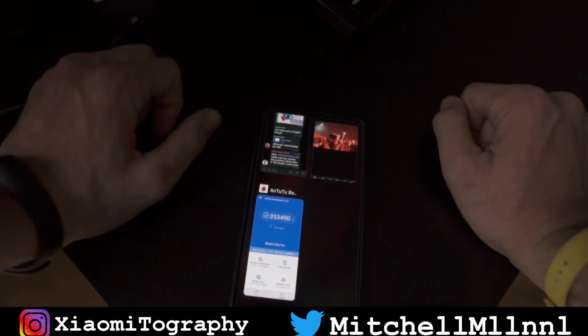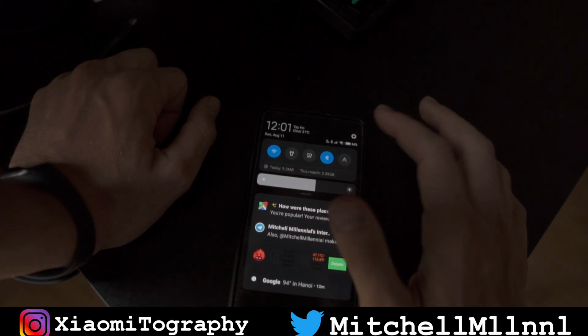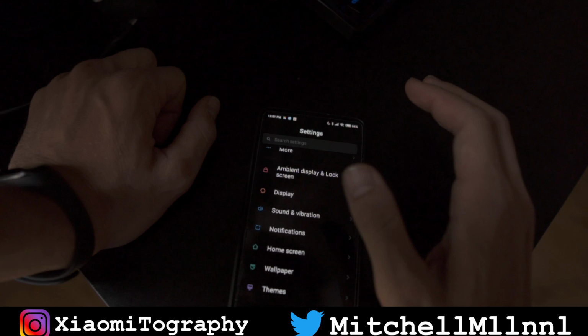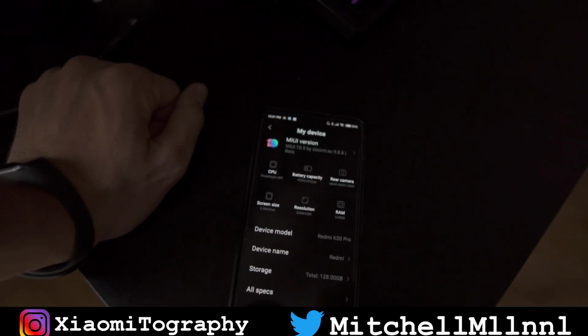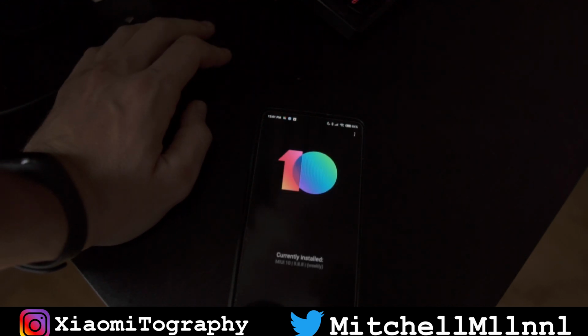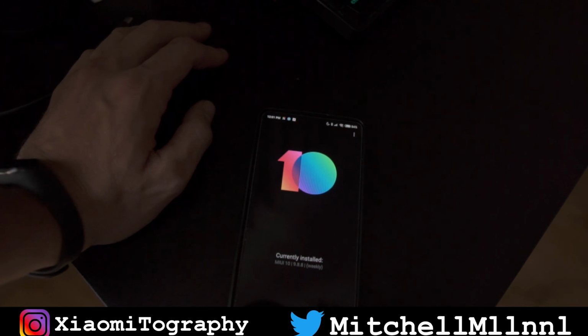What exactly, I'm not sure, but in regards to settings and stuff like that, most of these settings are identical because this is still a MIUI 10 version of it. Just so you guys can see, MIUI, Xiaomi EU, 9.8.8 weekly. Right now, I would say totally daily driver material. And that's it. If you guys are wondering about whether or not you should load it onto your K20 Pro,